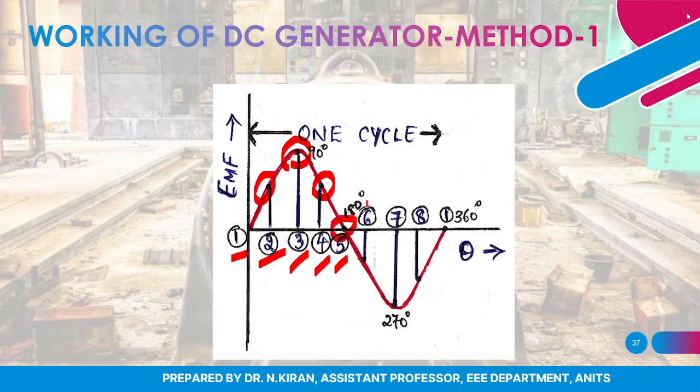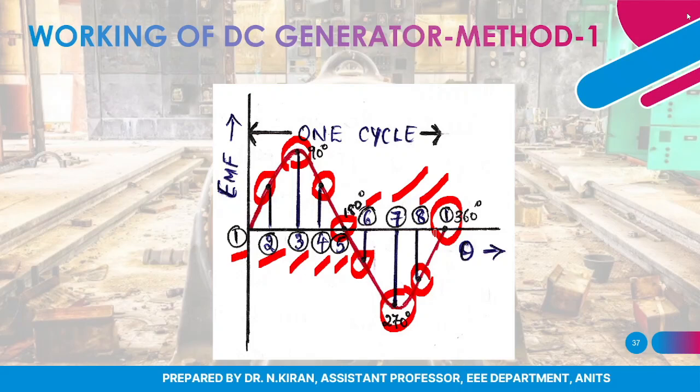In position 6, my EMF value was some negative value. In position 7, my EMF was maximum negative value. Again at position 8, it was some negative value. And this coincides again with my first position. So from this analysis, as I told you in my previous lecture also, the output of my generator is always